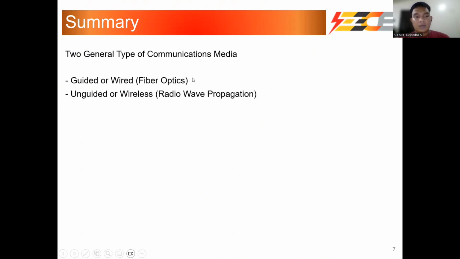Here in guided or wired, we use wires to send radio wave signals from one place to another place. And unguided or wireless is for radio wave propagation,